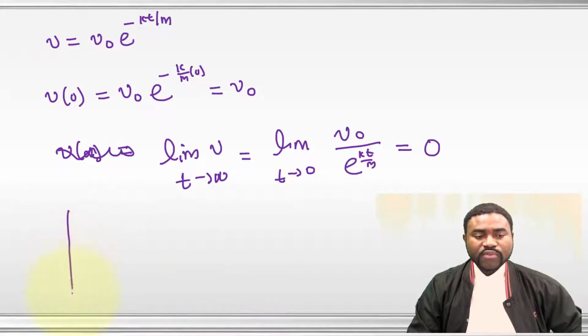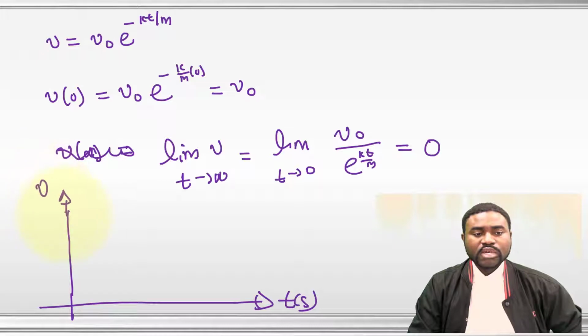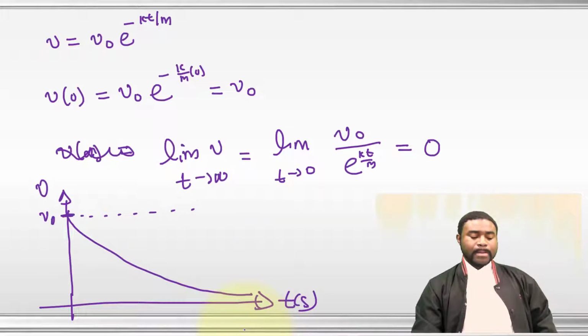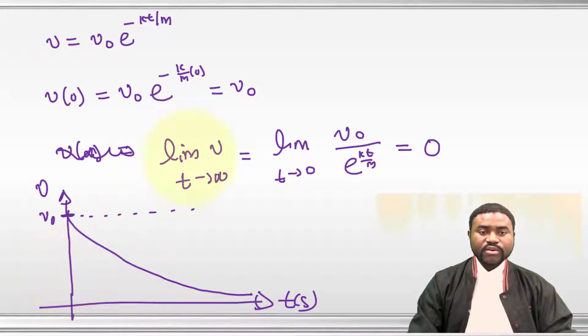Therefore, if we draw our graph, it will look somewhat like this. That is V. This is V naught. And that will be our graph. The next step that we have to take,